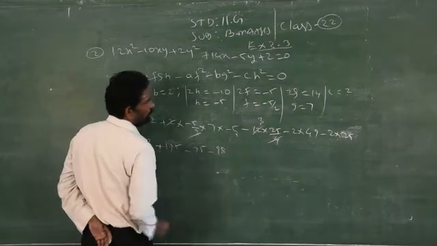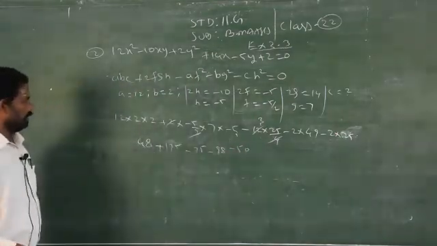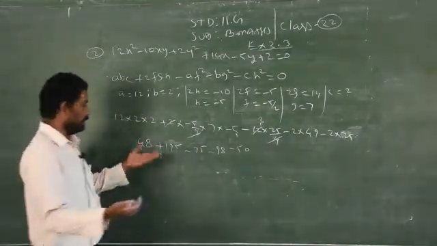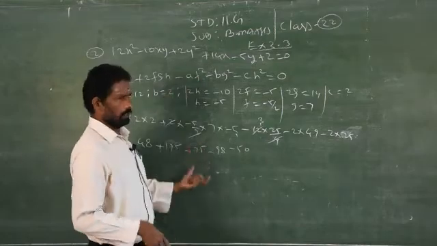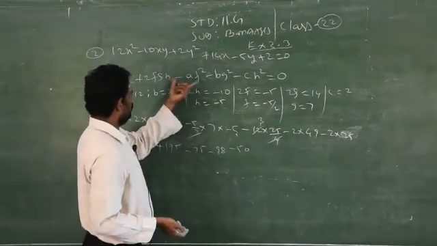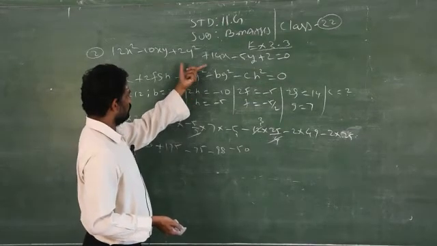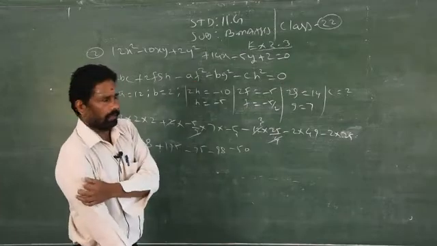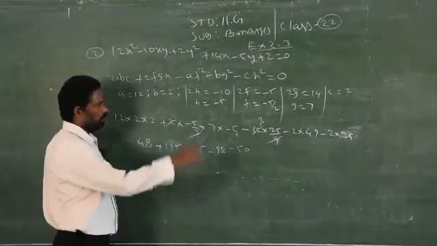Minus 98, minus 50. You have to prove this is 0. Then only go for the next step, otherwise we cannot go for it. First you have to check whether this equation represents a pair of straight lines or not. What is the condition? This is your condition. When the equation satisfies this condition, then the equation represents a pair of straight lines. So I am just going to substitute the values of a, b, c and all the constants.